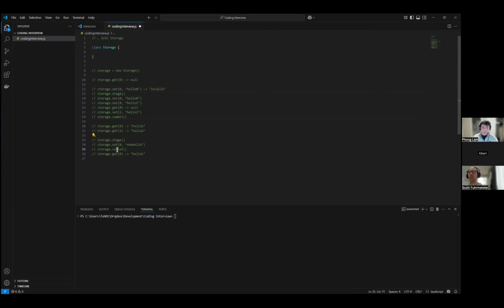And I think then cancel can just delete the temporary value so it can start again. So we could probably set this up as an array, sorry, probably as an object.